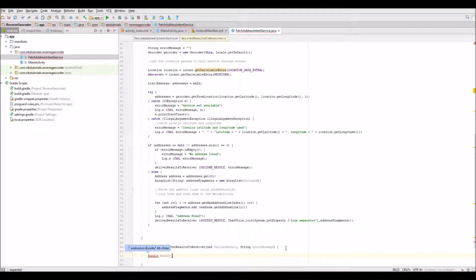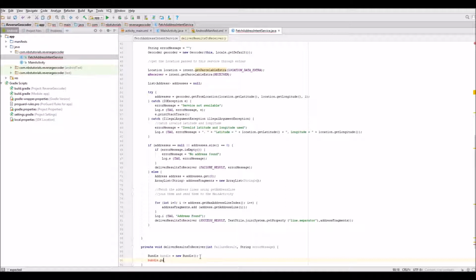Just call it bundle, and okay, so that's already imported in there. Within that bundle, we need to put some string information, and there'll be the results data key and the message. So the message may be the address, the message may be the relevant error message, but the results data key is there because when we come to the main activity, that's what we're going to use as the key to actually reference that piece of